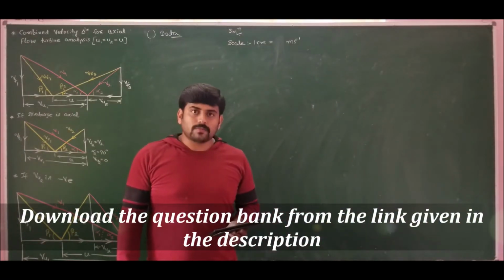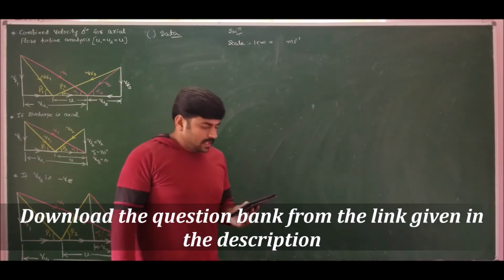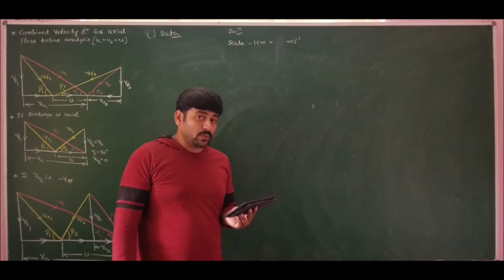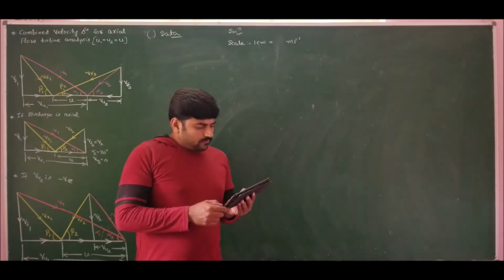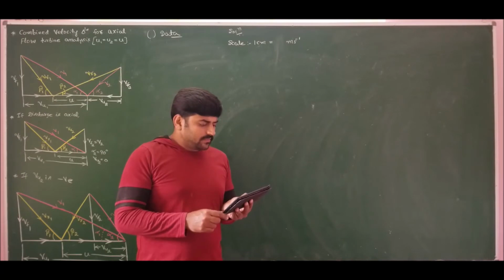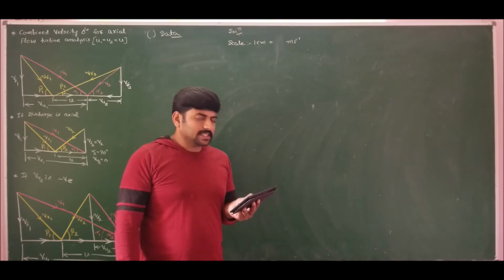Moving ahead to solve problem number 3. Problem number 3 states that dry saturated steam at 10 atmospheric pressure is supplied to a single rotor impulse wheel, the condenser pressure being 0.5 atmosphere, with a nozzle efficiency of 0.94 and the nozzle angle at the rotor inlet is 18 degrees to the wheel plane. The rotor blades, which move with a speed of 450 meters per second, are equiangular. The coefficient of velocity for the rotor blades is 0.92. Find specific power output, total rotor efficiency, stage efficiency, axial thrust and direction of exit steam.